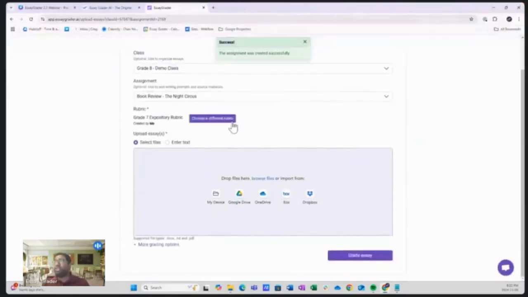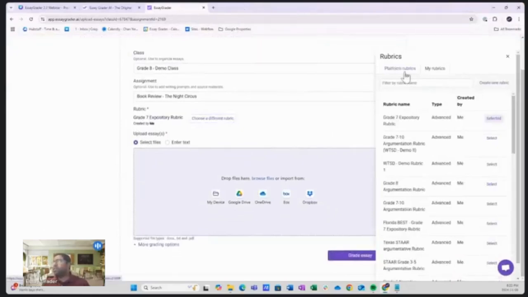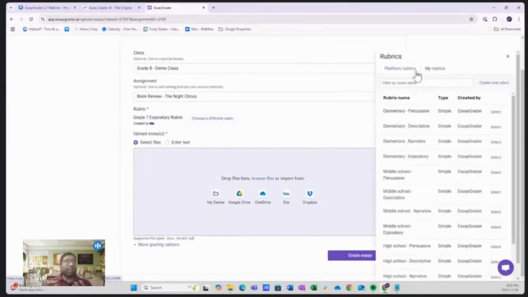Now it's time for me to choose my rubric. So rubric creation is a bit of a process. I would be the first person to say that it is a bit of a process to create a rubric, but the best way to get accurate results from EssayGrader is to recreate the rubric you use every day in your classroom. Again, you only have to set up the rubric once. We also have some innovations coming in how to optimize the creation of these rubrics, but for now, this is the process. Also, if creating a rubric is an impediment for any of you, or if you feel like you do not fully understand how to set up a